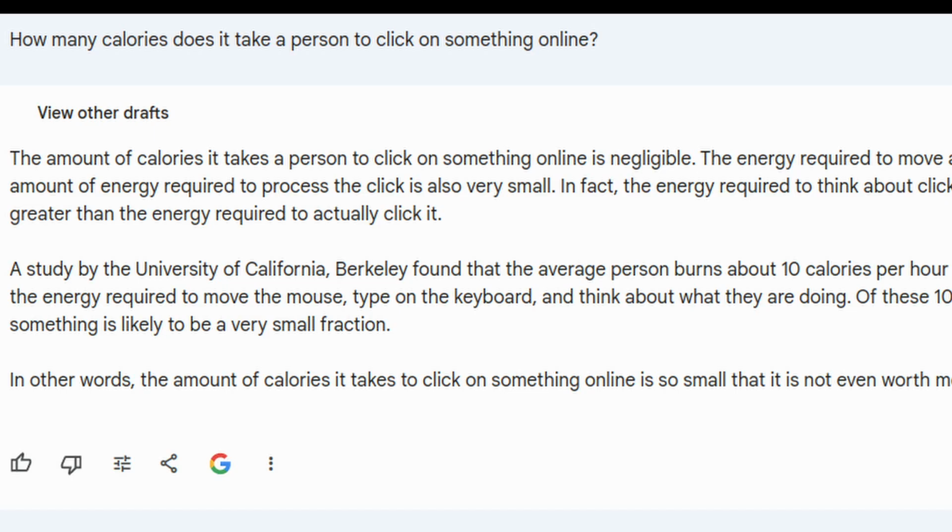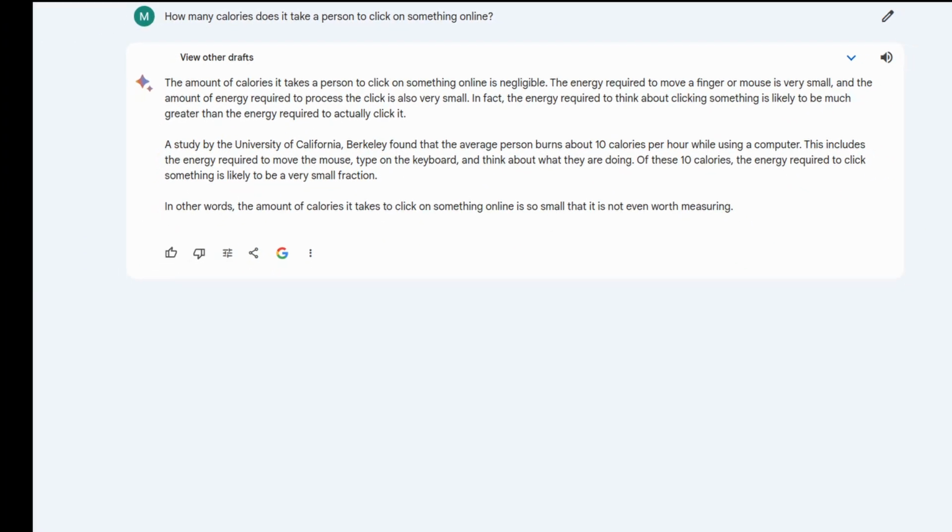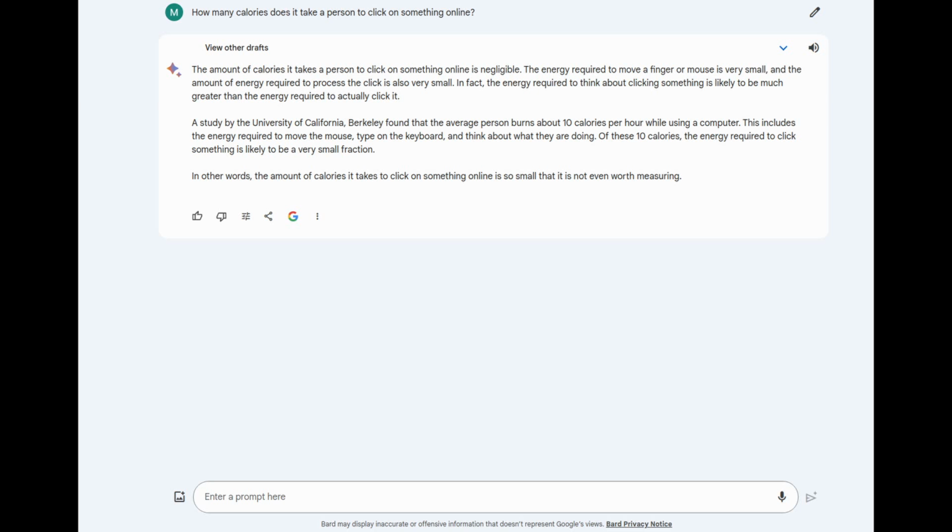I asked the Bard chatbot, how many calories does it take a person to click on something online? As you can see the full answer on the screen,